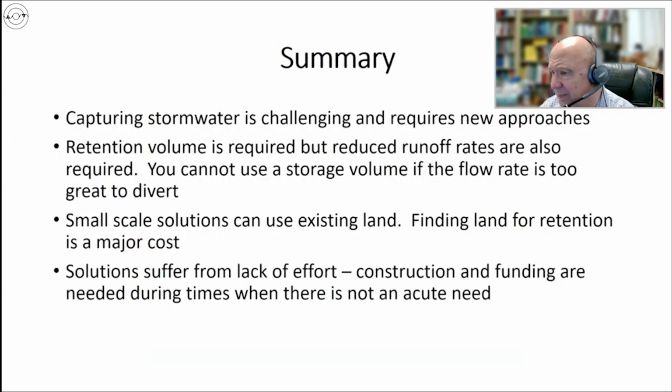So this is the summary. Stormwater is challenging. Capturing it is challenging, and we require new approaches. The conventional wisdom about managing and reducing pollution doesn't work for stormwater. One of the problems is that not everybody owns stormwater. Who owns the stormwater? Well, with point sources, you usually have somebody that can manage a permit. But for stormwater, we have every property parcel that has to be managed. So it's a small is beautiful sort of thing.